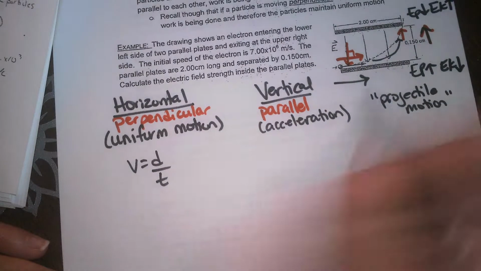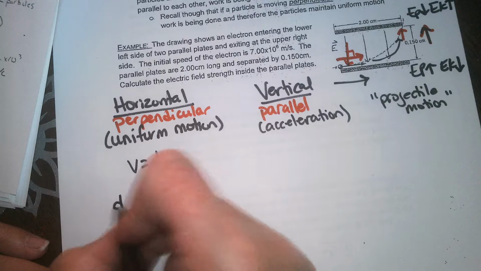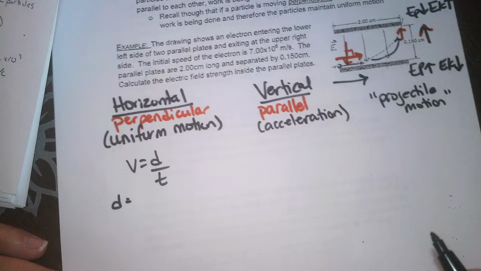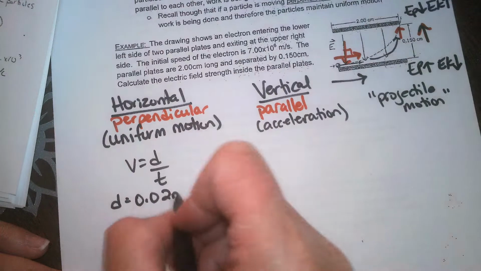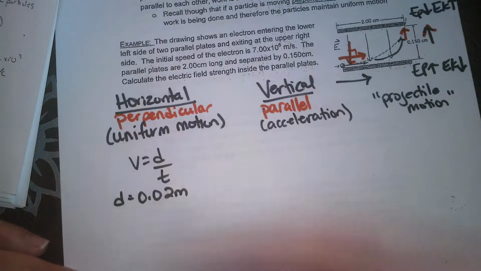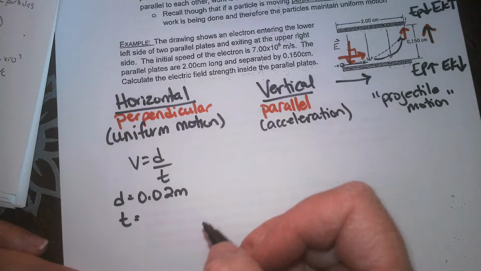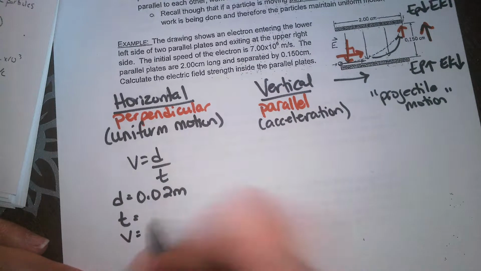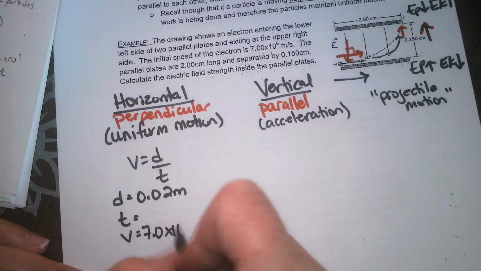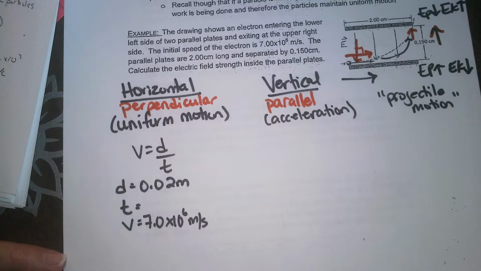So over here, the distance is what here? There you go, 0.02 meters. Time, we don't know. And what about the velocity? Yeah, 7.0 times 10 to the 6 meters per second. That's what the entrance speed is for that electron. Over here,